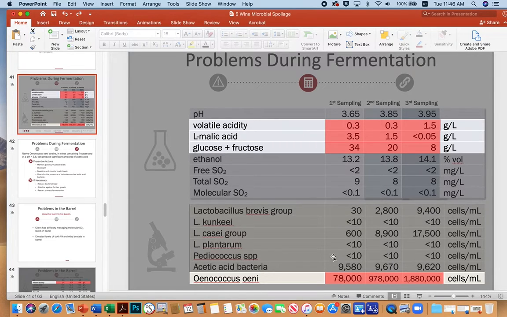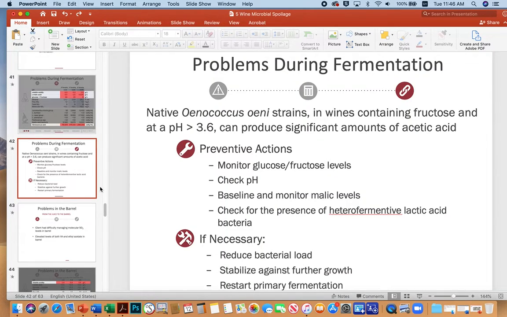The lactobacillus and the acetic acid bacteria are pretty small, but by far, what is clearly happening here is you're getting a wild Enococcus. Remember, this is right at the end of primary, so you haven't even initiated malolactic yet. And so again, the suggested information on what's happening is native Enococcus strains are consuming fructose, for example. And because the pH is a little bit high and permissive, they can produce significant amounts of VA